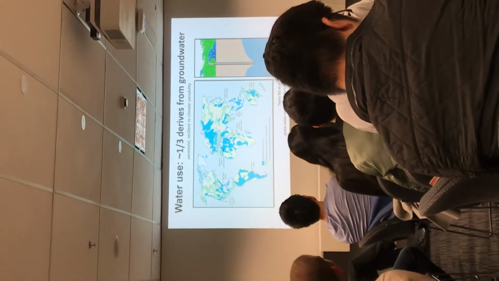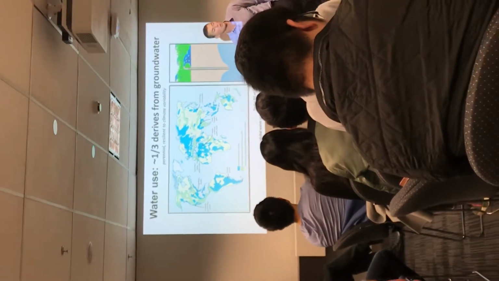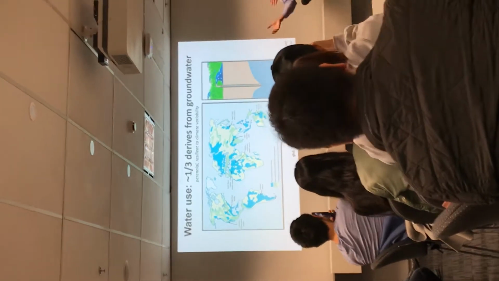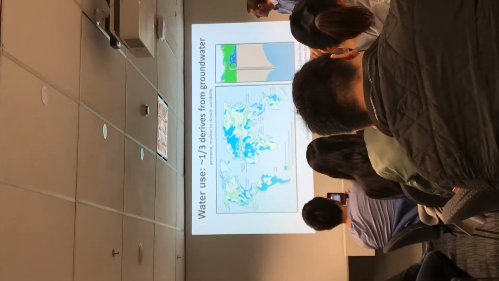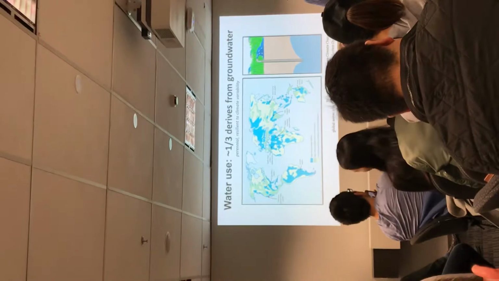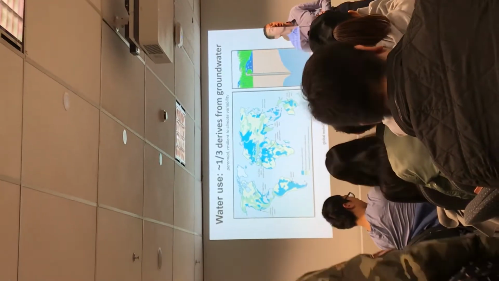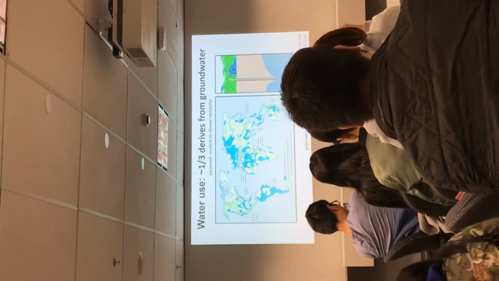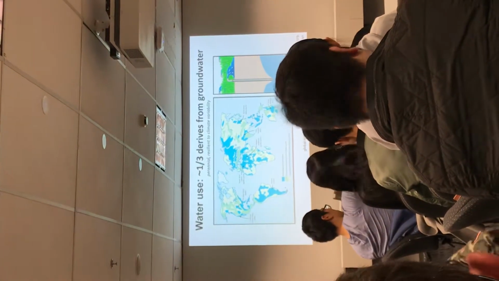Okay, so 30,000 foot view here. Of global water use by humanity, these numbers are approximate. They're a little higher in some papers and smaller in others, but about a third of all the water we use as humans derives from groundwater. So it's a non-trivial share of the water we rely on. It's in some places the only perennial supply of drinking water